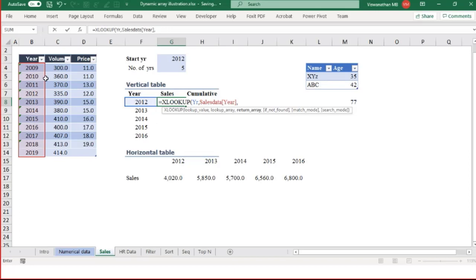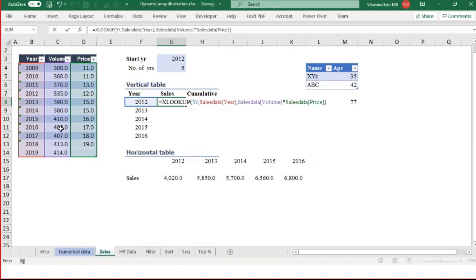Now, I showed you how to name a range. So this entire range was named as sales data. From the same table, pull me the quantity, or rather volume. And the best part about XLOOKUP is, in VLOOKUP we first used a VLOOKUP to pull the volume, and another VLOOKUP to pull the price. That's doing the same operation twice. Whereas in XLOOKUP, you look up once and you can do the operations right away. So I'm going to take sales data volume multiplied by sales data price. So this is what an XLOOKUP does.